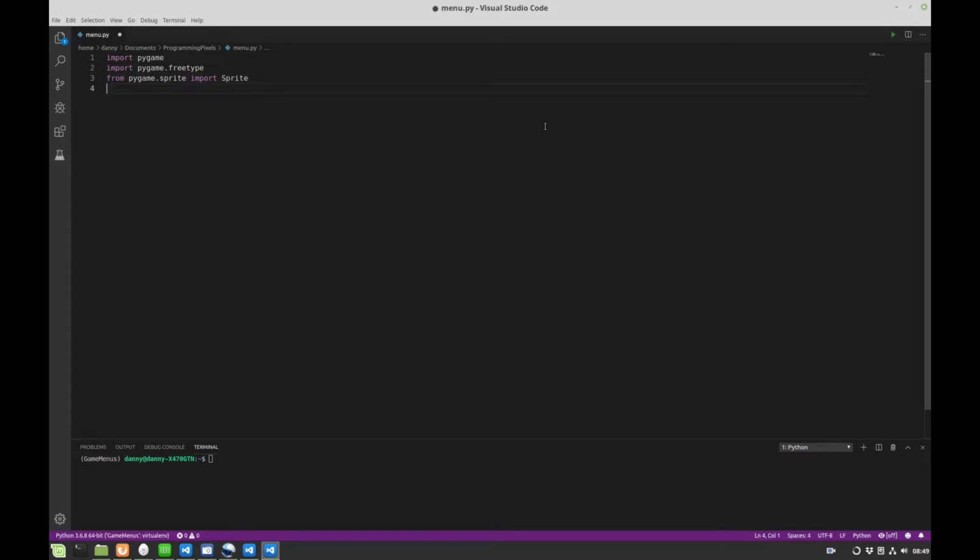And then also just specifically import the sprite class and the rect class from pygame. You might notice I'm using Visual Studio Code here, but obviously you can use whatever your favourite text editor is,